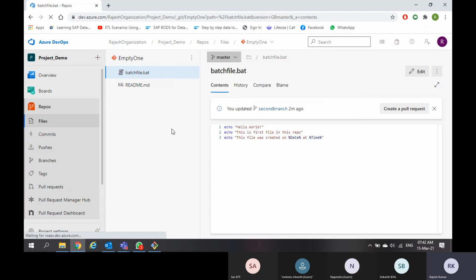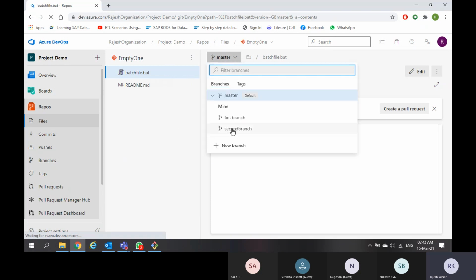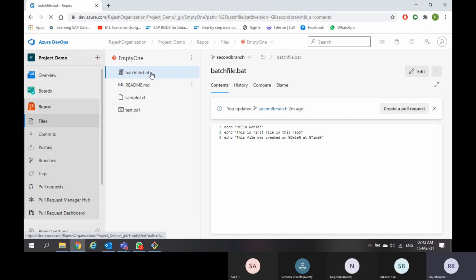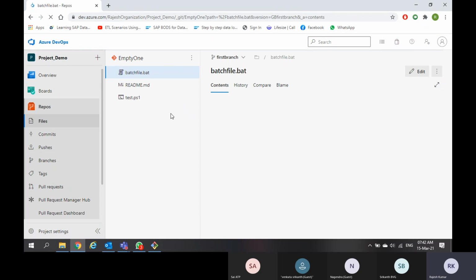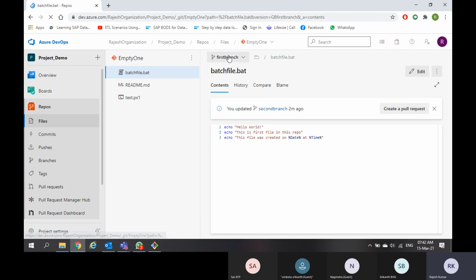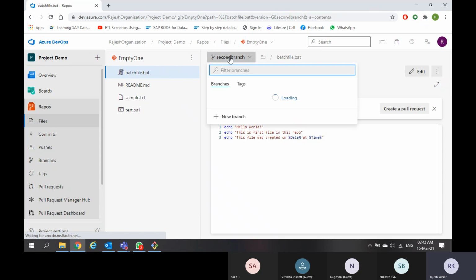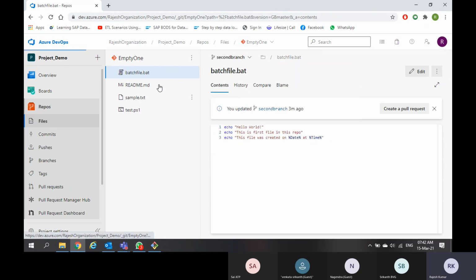Now I want to merge the second branch with master. Suppose if I go to first branch, there are 3 files. If I go to second branch, there are 4 files, and if I go to master branch, there are only 2 files. Now what I want to do is merge the second branch with this master branch so that I will get 4 files into master.